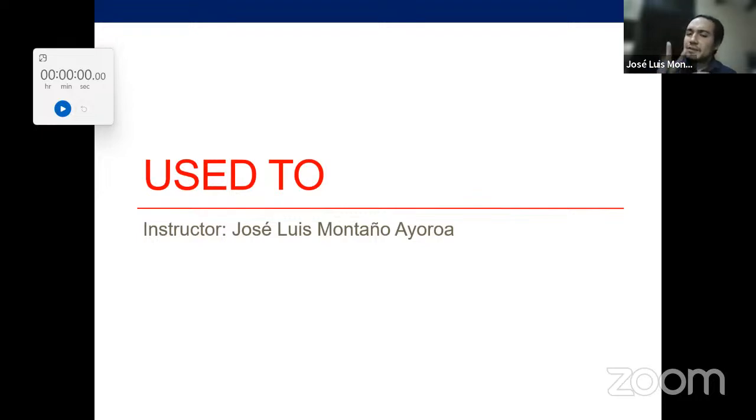Good. And this actually has two usages. The main usage is only used to. That means what you said. But we also have be used to. So what do you think is the difference between used to and be used to? Yeah, like the first one refers to past abilities or habits, and be used to is more like I'm used to